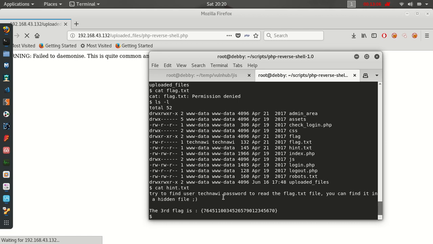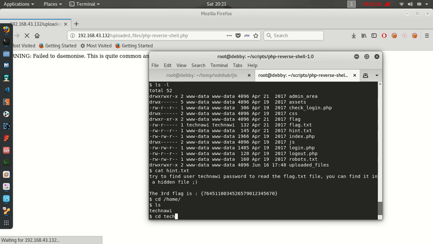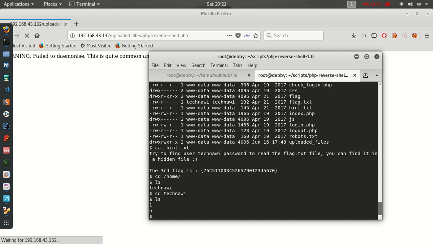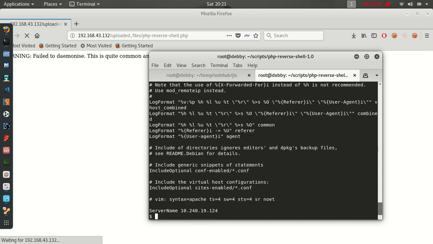Trying to find the user technavi password to read the following, read the flag.txt. You can find the hidden file, alright. We already know where our user would be, so /home, ls, cd technavi, hit enter, ls. So we've got 2 files. One is named 1 and another is named h. So let's cat 1, and this appears to be